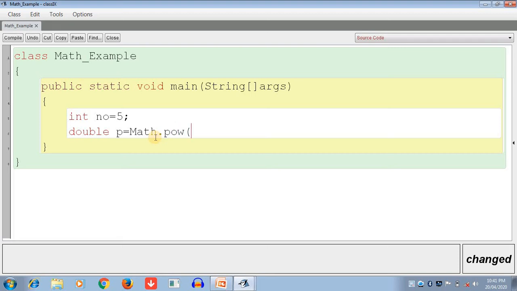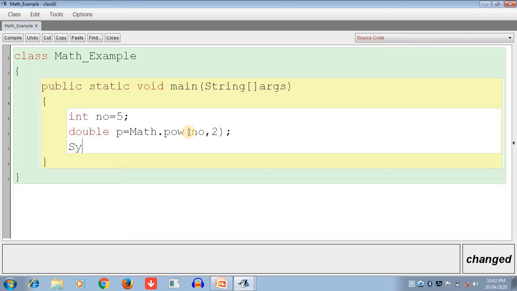When you declare the pow method, there are two arguments. The first is the value and the second is used for the power. So I have already taken the number 5, which is stored in int n. First I give the number here, and as the power I write 2, and close the bracket and give the semicolon.